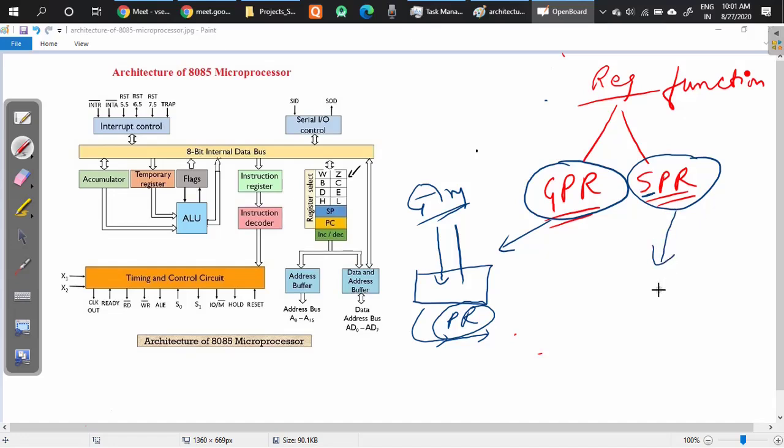Special purpose registers are those registers which are meant to store some special information. Please listen very carefully. For example, this program counter is meant to store what? Address. That is a special task. It cannot store data at any point of time. So any register which you find which is used for storing some special information will be categorized as